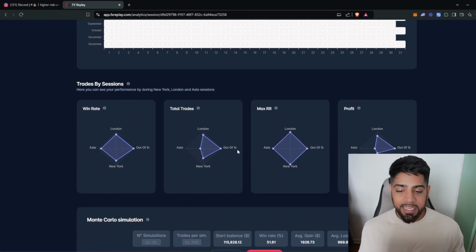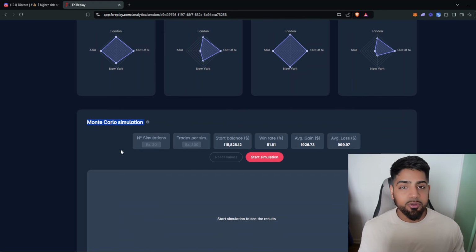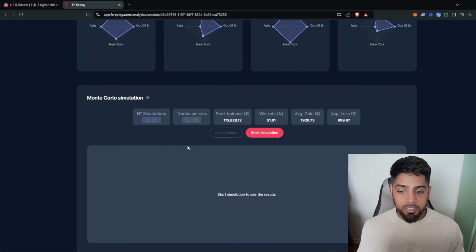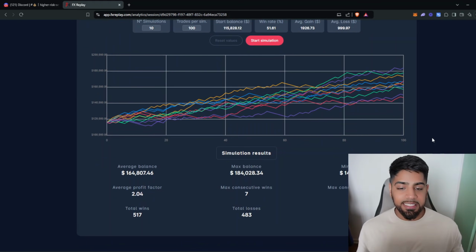But there is a super powerful tool within FX Replay, which is the simulation all the way at the bottom. So what we can do is we can actually say that we want 10 more simulations where we have 100 trades inside of each simulation, and we're going to have it running with all of these settings and data that we've already collected. Now, if I hit start simulation, we can see that over a 10 simulated period of trades